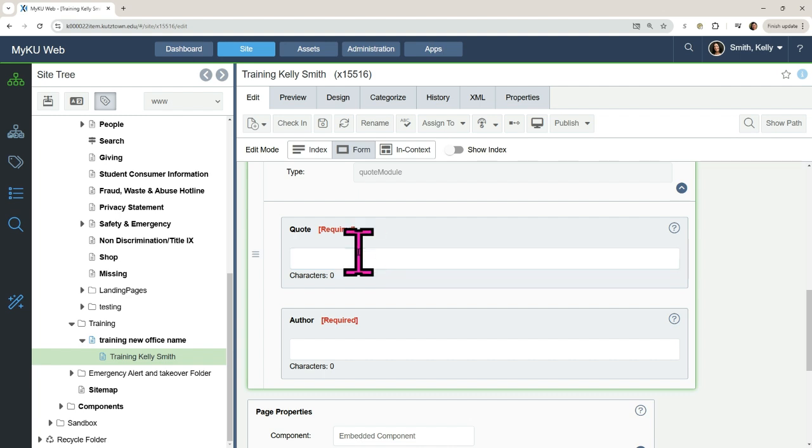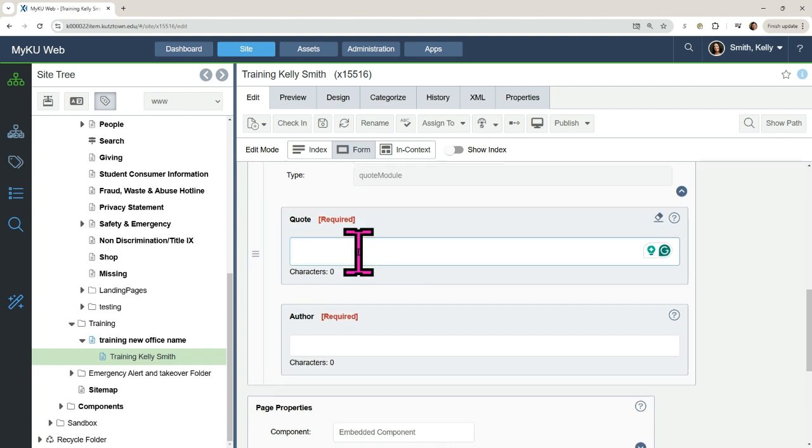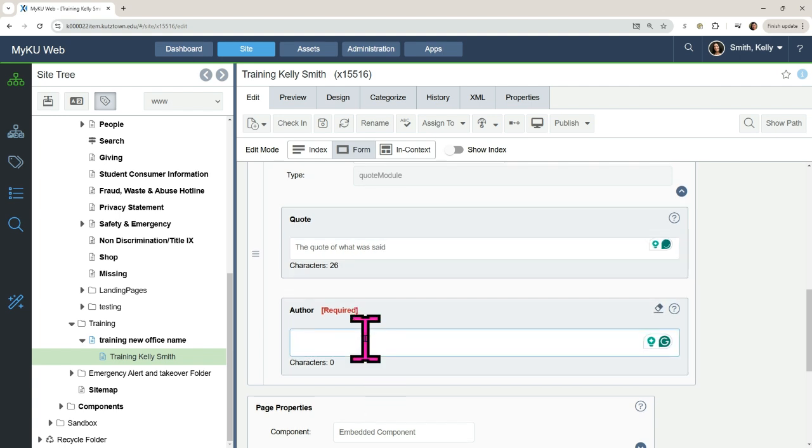Once created, fill in the quote of what was said, and then who said it and the author. Once you have those two